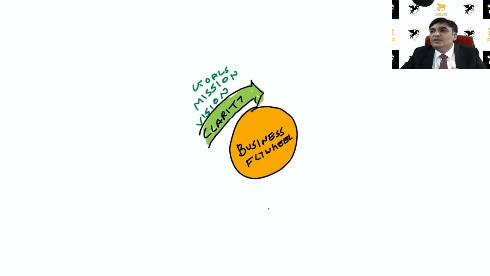And clarity of what? You need the clarity of your goals. What are the goals that you want to achieve with your business? What is your mission behind doing this business, and what is your bigger purpose? What is your bigger vision? Why do you want to do this business? This is the first phase of clarity, where you need to make clarity that whatever you are trying to offer, whatever you are trying to sell, has some basis.